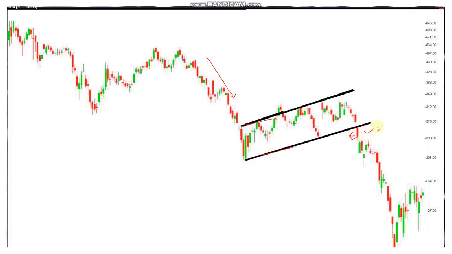You could have easily shorted the market here, and just look at the profit you could have made by shorting the market. This is the imaginary flagpole. So this is how a flag pattern looks like, and I know it will take a few days to spot flag patterns if you are a beginner, but